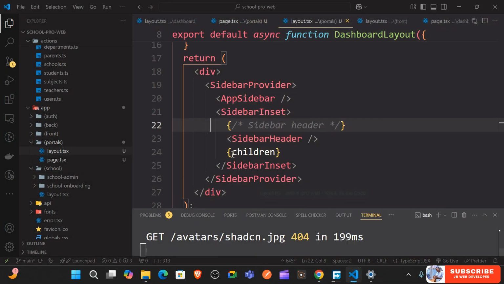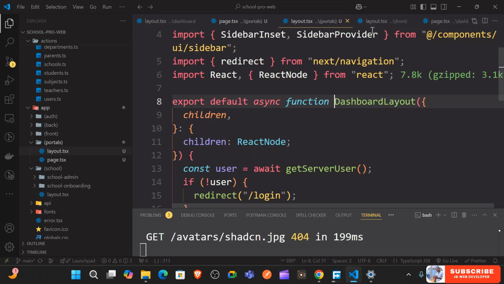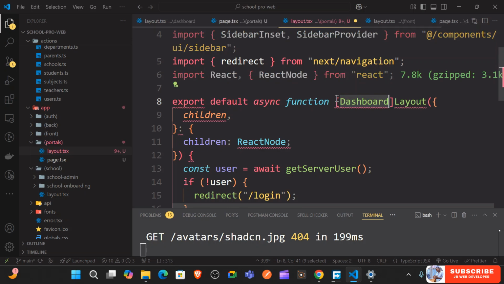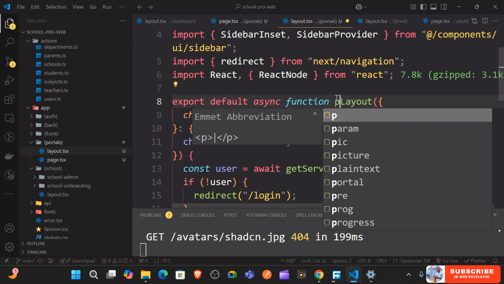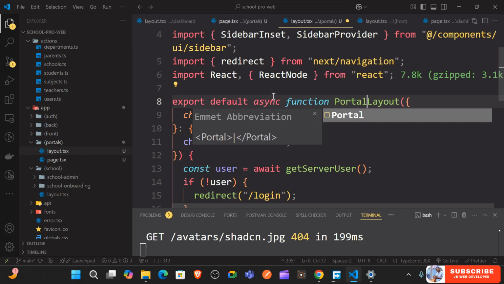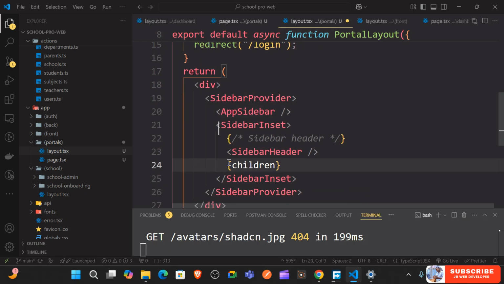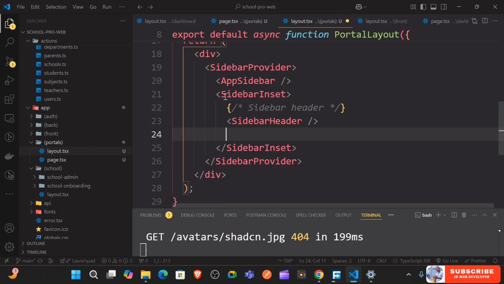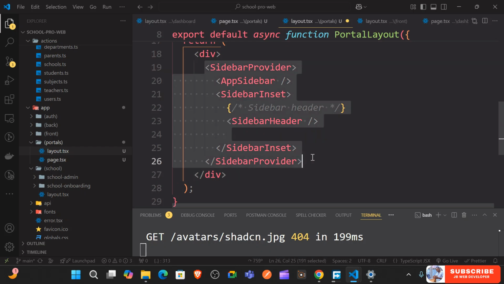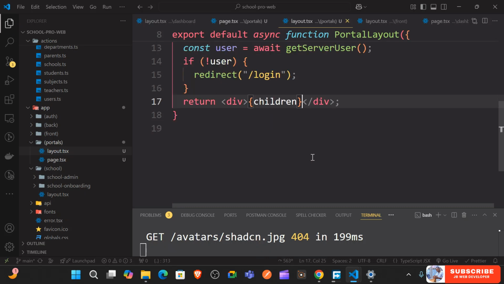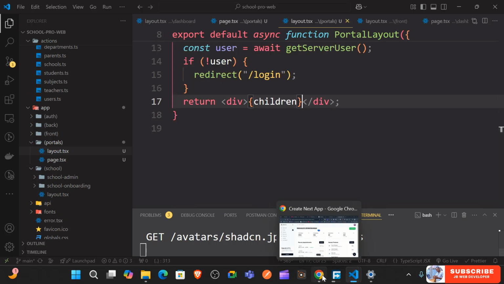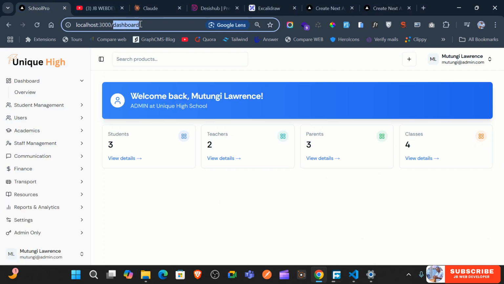But let's try to add this into our app. Okay, instead of seeing all these for now, I'm just going to change this to be portal layout. So this is going to be portal layout, children, and I'm just going to first leave the children. So here I'm just going to say children for now, just like this. So if we go back here and we say